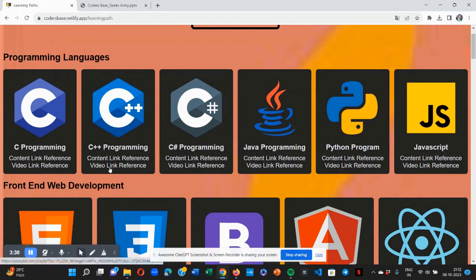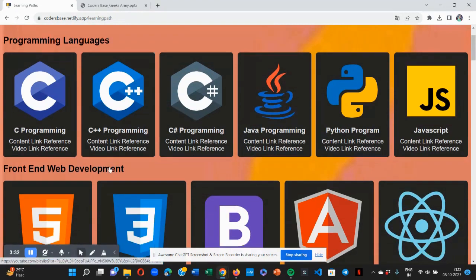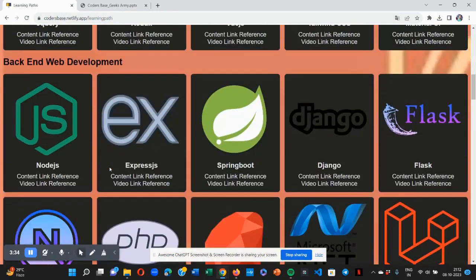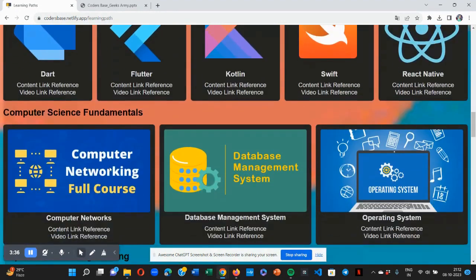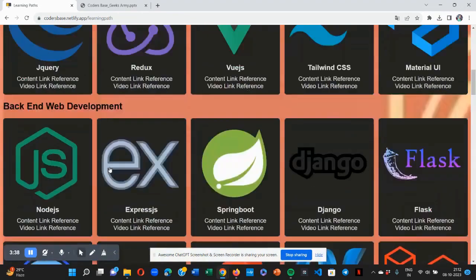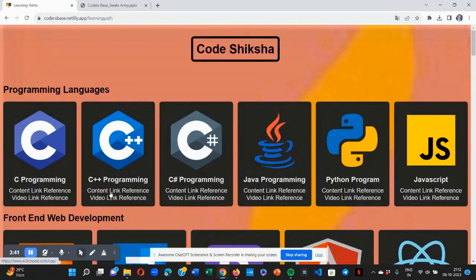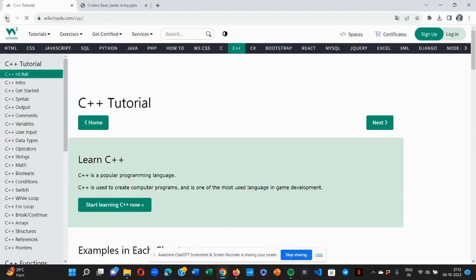Here we segmented them into different domains like programming languages, front-end web development, back-end web development, mobile development, computer science fundamentals, and so on. On clicking the content link reference for C++ programming, you can see it is redirecting to the tutorial page. It's taking time, but it is redirecting.